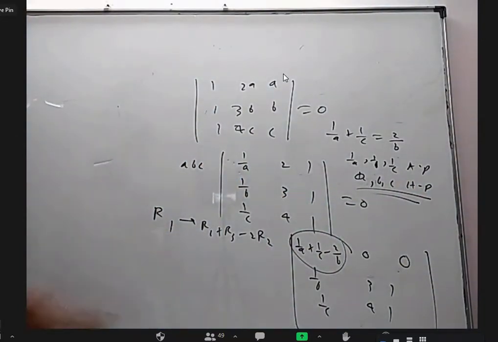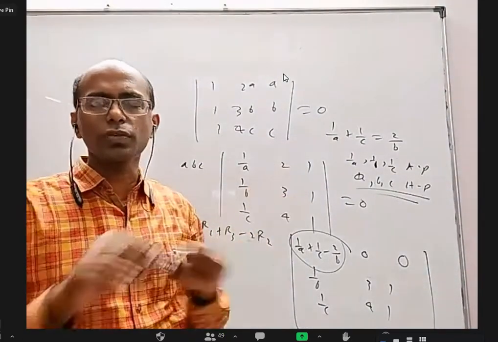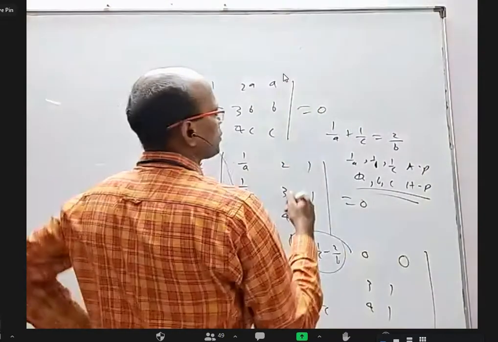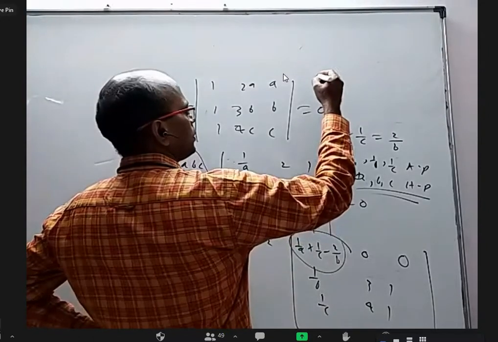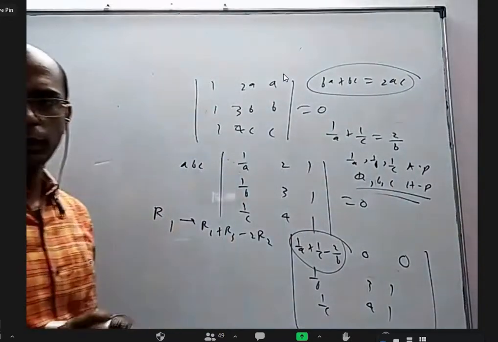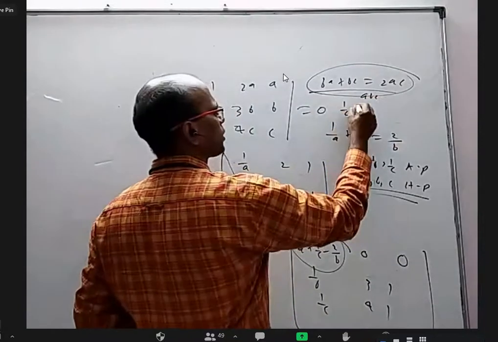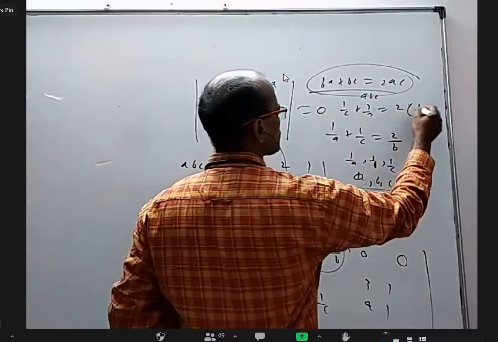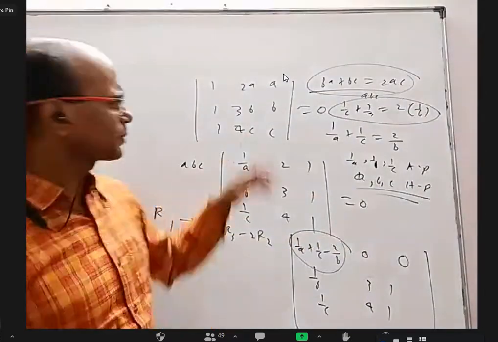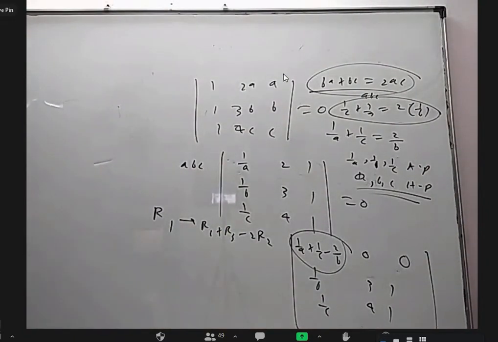If you directly expand also, it will come. If somebody expanded this directly, you know what they should do? They should divide with ABC after getting the expression. If somebody expands directly, they may end up like BA plus BC equal to 2AC. They may get it like this. Then divide with ABC all over. This will become 1/C, this will become 1/A, this will become 2 times 1/B. From that, you can tell 1/A, 1/B, 1/C are in AP. So A, B, C are in HP. So you can expand directly also, or you can do it like this. Okay, sir.